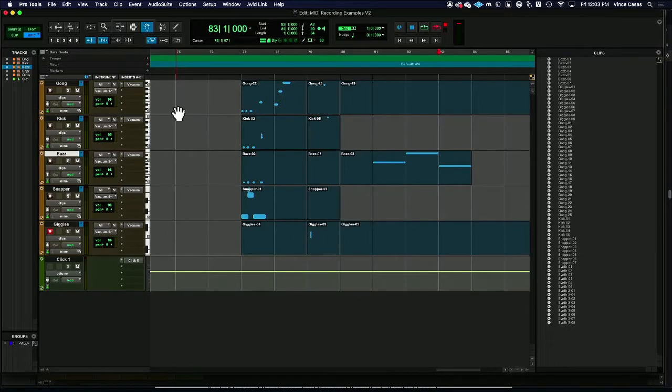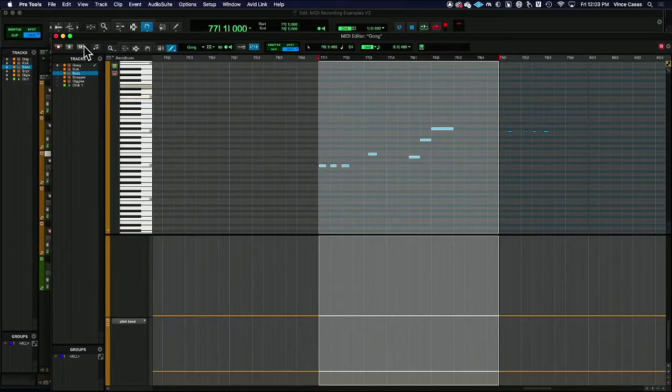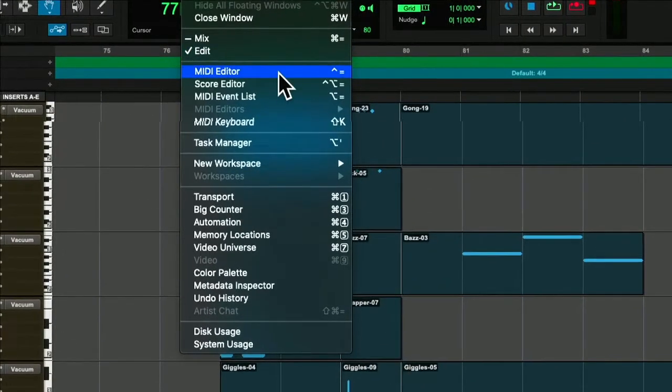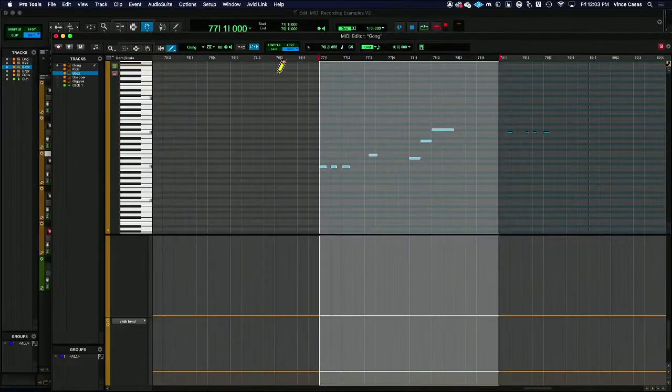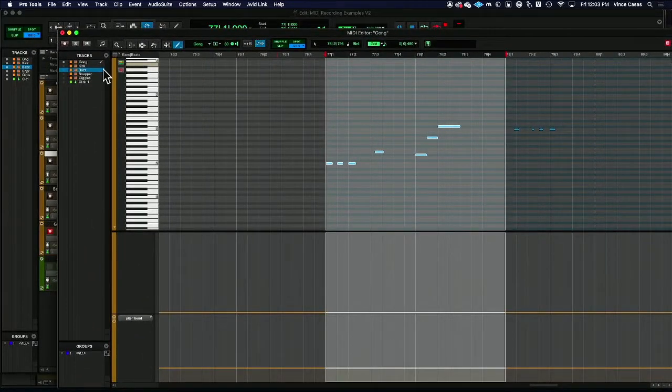Let's talk about the Midi Editor. The Midi Editor is accessible by either using the grabber tool and double-clicking any Midi instance, or by going to Window, Midi Editor. Now the Midi Editor is a specific edit tool for Midi instances, and so the only tracks that you're going